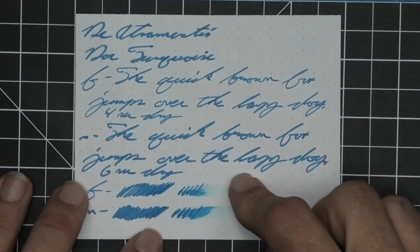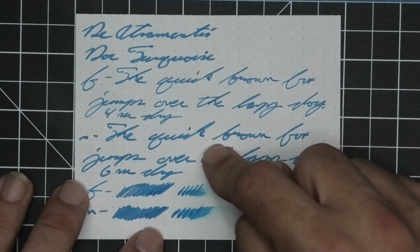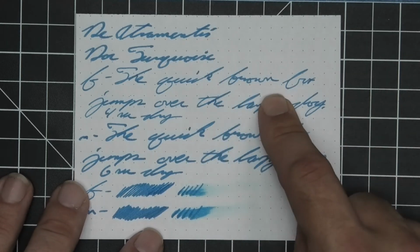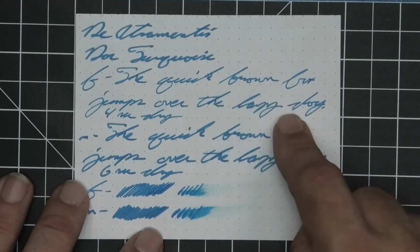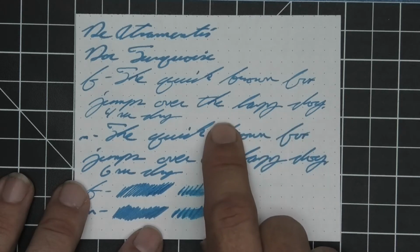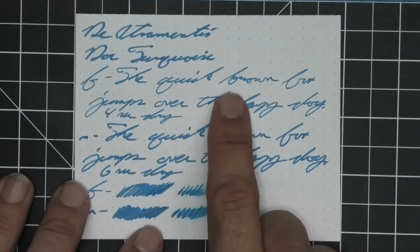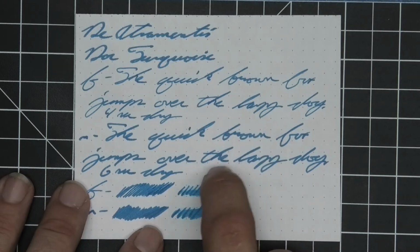We have no feather. The spread we've been seeing on the stub, on the medium, most noticeable, and because the extra fine goes to a fine, it's very manageable. We have no halo, no sheen. We do see a couple spots of shading going on in the extra fine, like the K in quick, the BR in brown, or lazy starts darker and works its way a bit lighter,